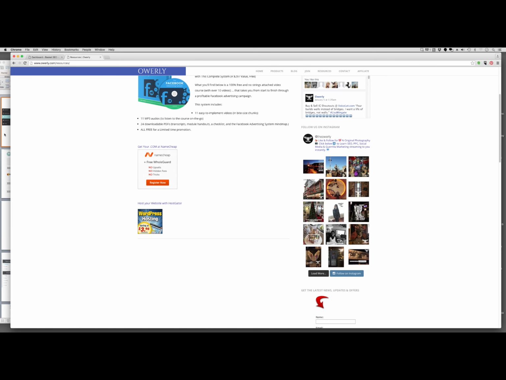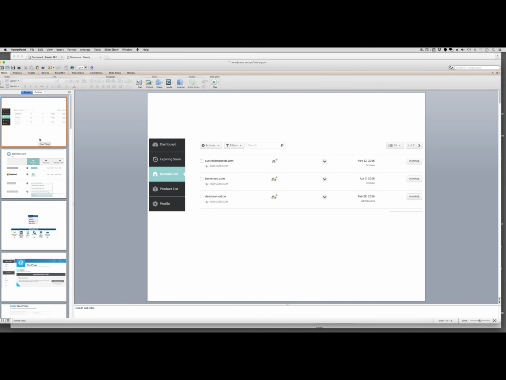So once you do that, go ahead and go to your Namecheap account and log in. Go to your account under your name, go to your dashboard. Then on the left-hand side, it'll pull up a menu, and then just click on domain list. Find the domain that you want to create a website for. So today we're going to show you a creation for a website called basketseo.com. Go ahead and click on manage,